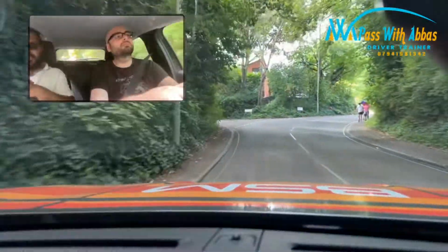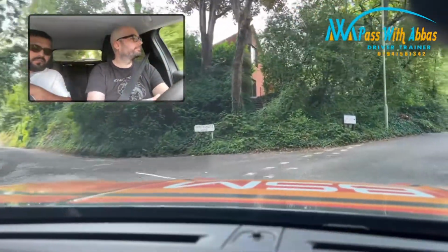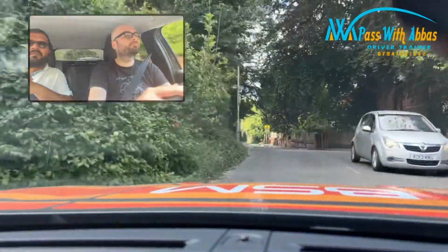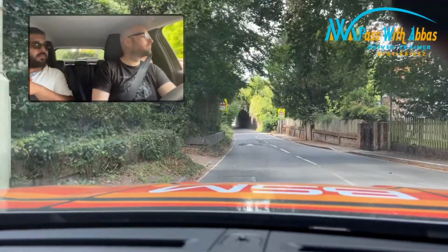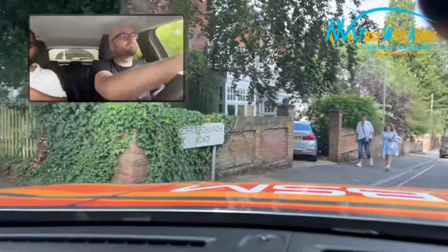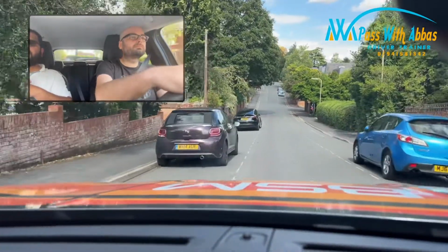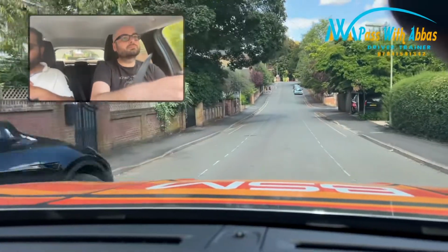Please take the next turning on the right. A hidden right turn. He's trying to look for it, but there is no mirror check. His signal is on at this point. Now it has gone off, but he's not turning it on again, so definitely it will be classified as a minor driving fault, most probably, especially if no one is coming. But if someone is coming and someone tries to overtake you because you're in the middle of the road and nobody knows what you're planning to do,